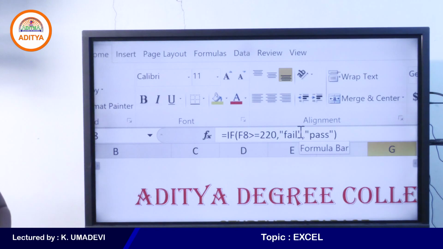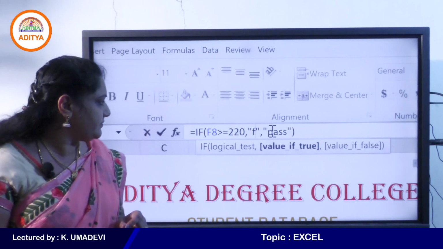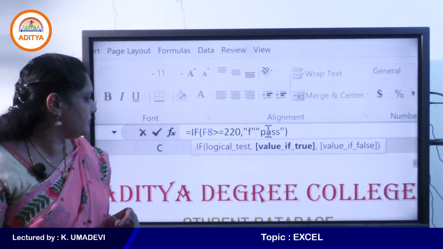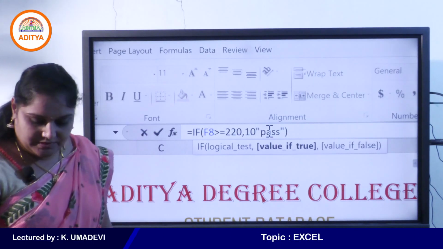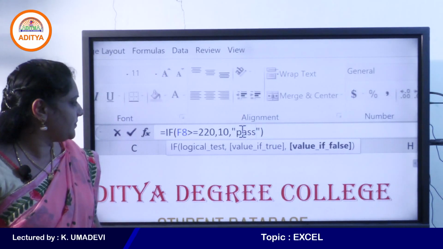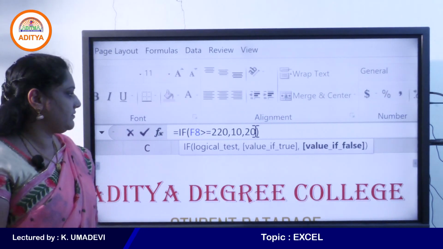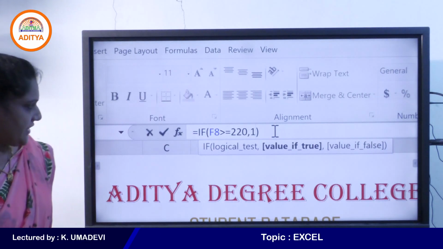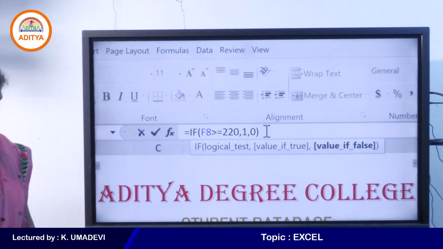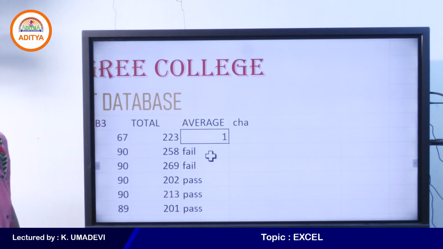For example, here if F8 greater than or equal to 220, here I'll enter 1, comma, 0. So if it is true, it returns 1, otherwise it returns 0. Press enter. So I'll just copy the formula.